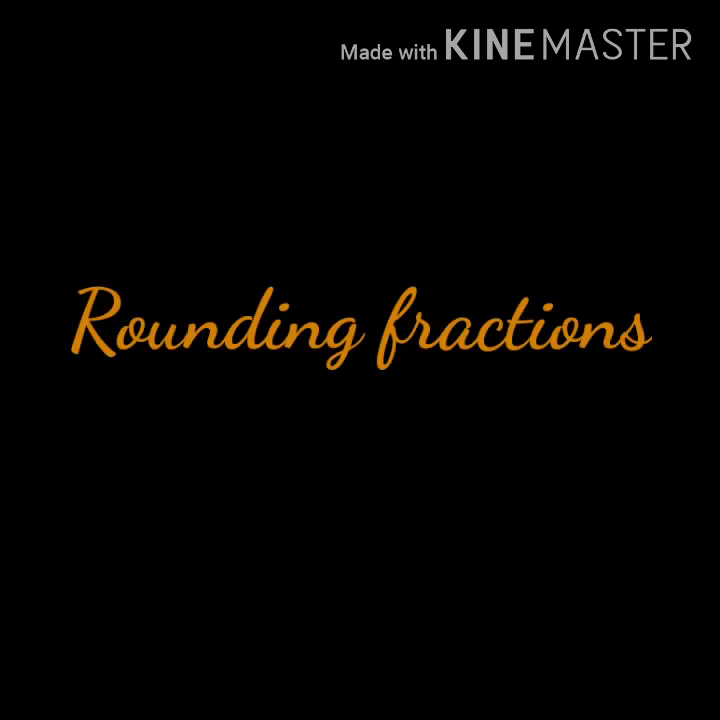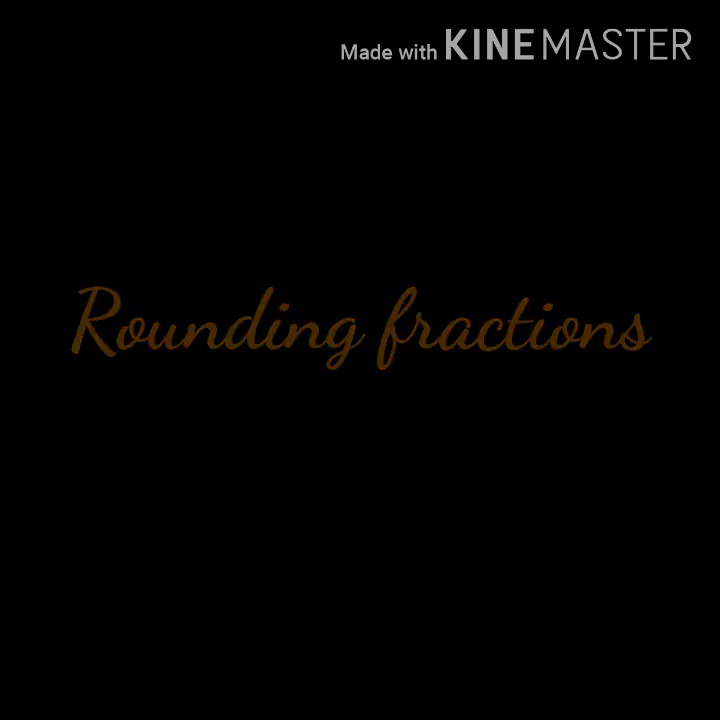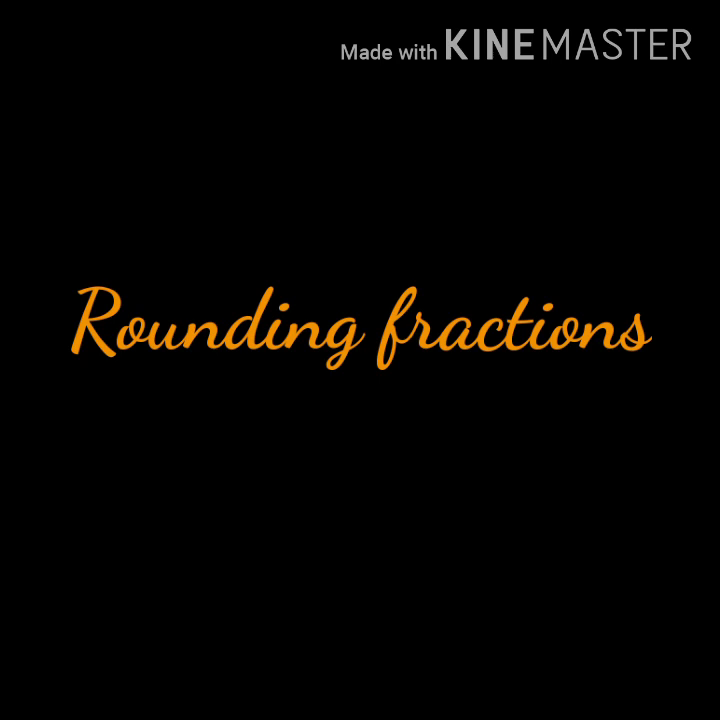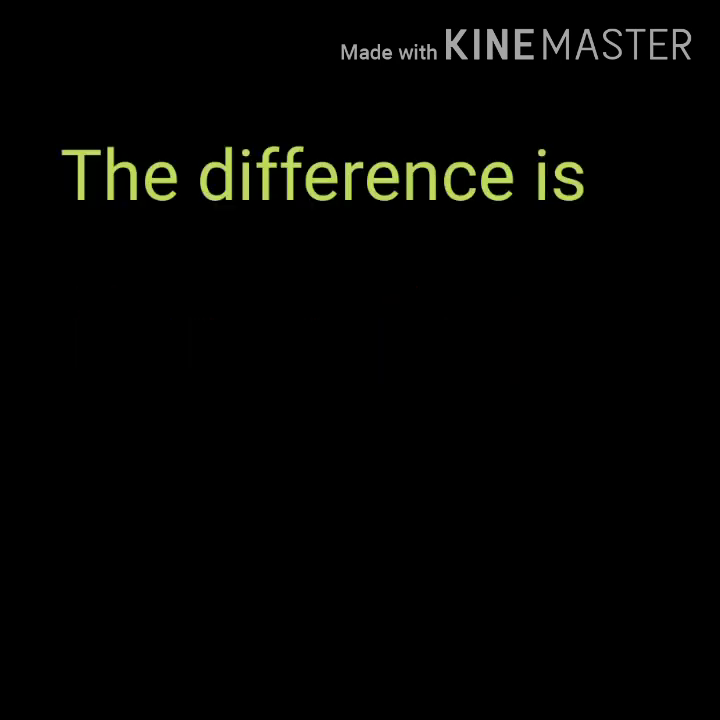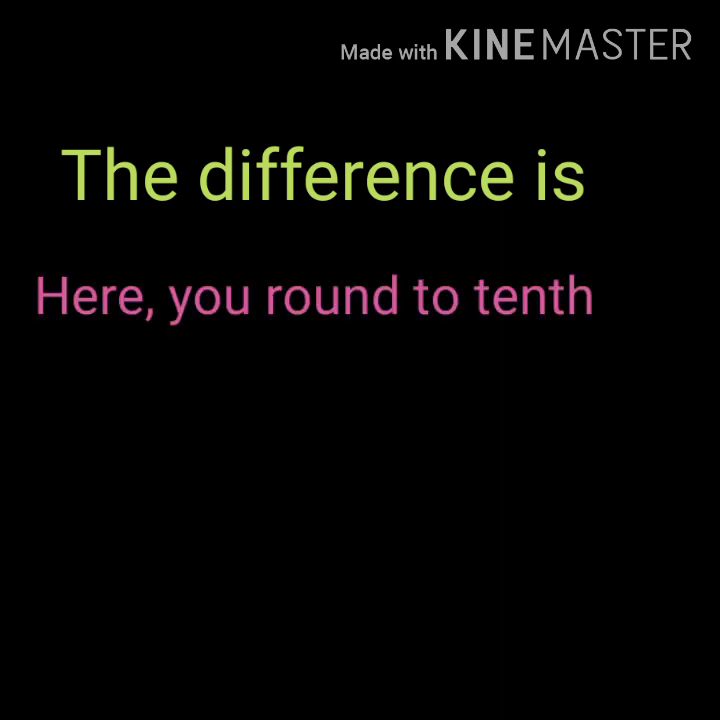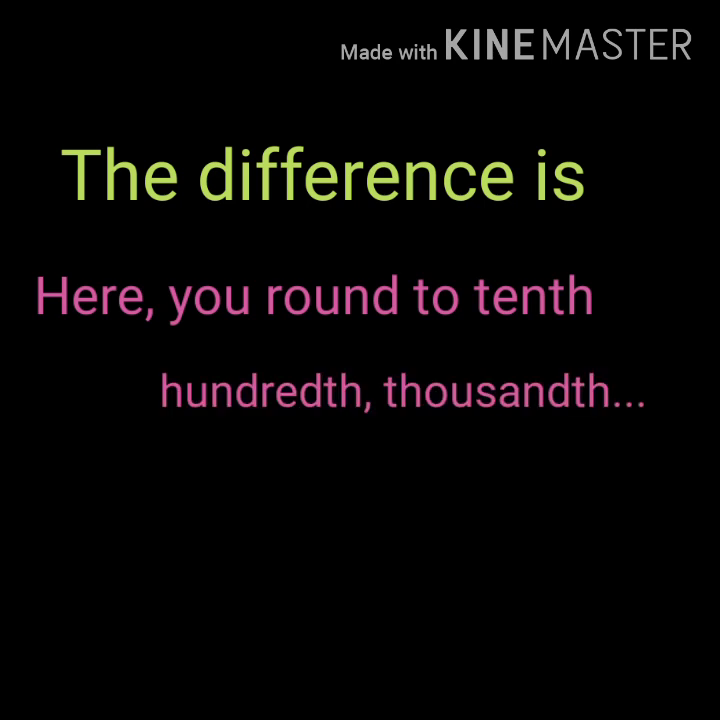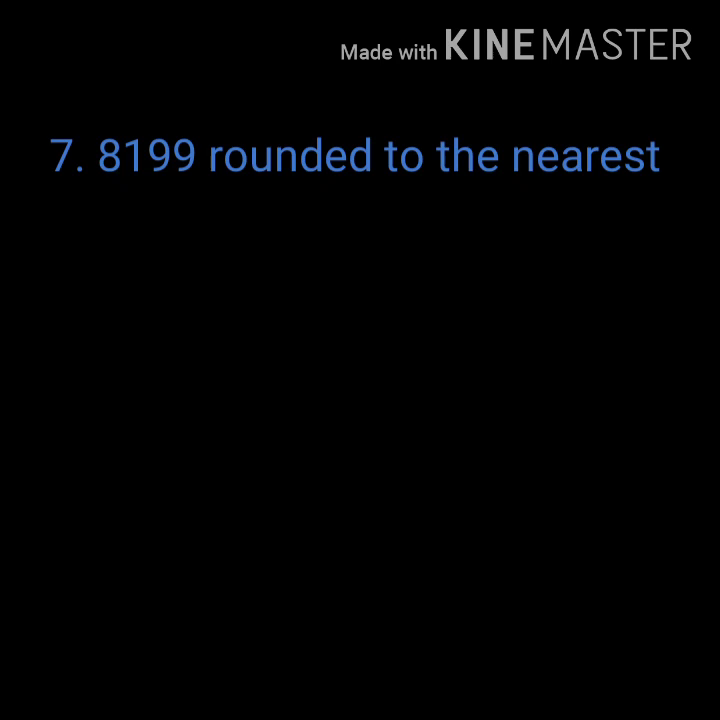The steps you followed in whole numbers, that same thing alone you must follow in rounding fractions. It works exactly the same way as rounding whole numbers. But the only difference is, instead of rounding to tens, hundreds, thousands, here you round to tenth, hundredth, thousandth. Clear? For example, if I am taking